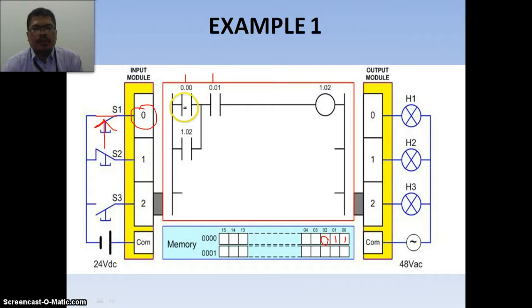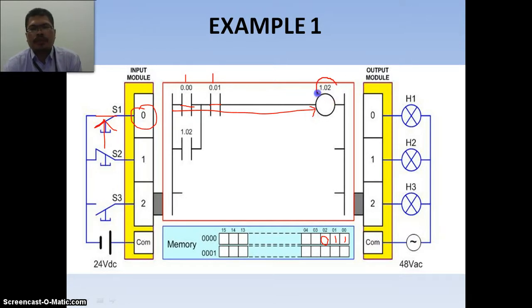Logic 1 with the direct test symbol here means there will be continuity here. Logic 1 with the direct test here, there will be a logic continuity here. So for the first line, there will be continuity from left to right.